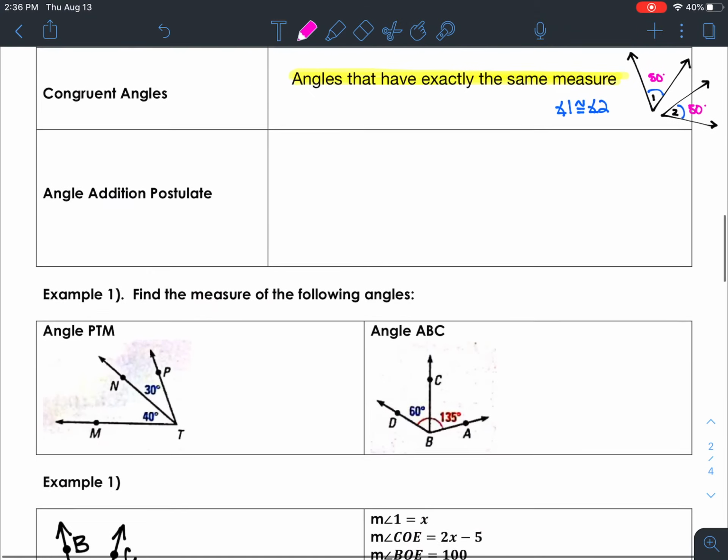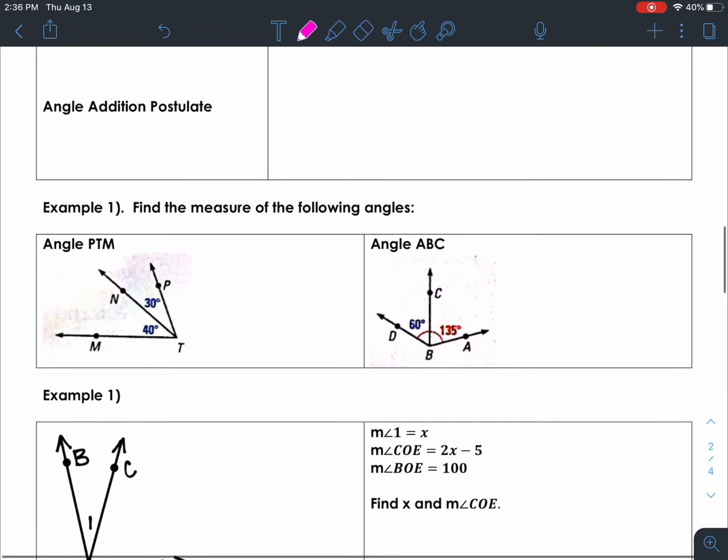All right, I'm going to pause here, and then we're going to come back to angle addition postulate, and then we will go from